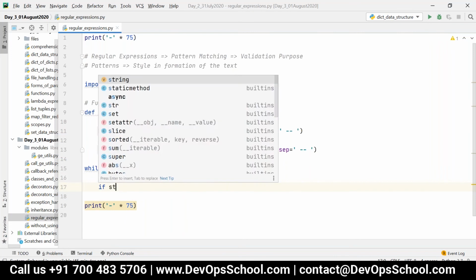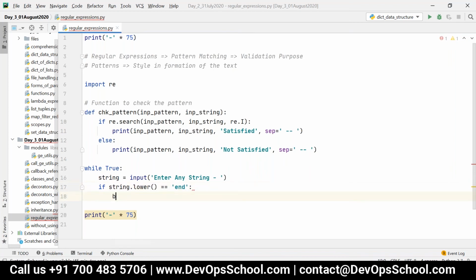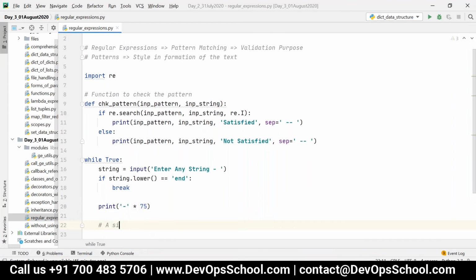If the user enters input as "end" in any case, I'm converting it to lowercase and then coming out of the loop. Then first I'm going to do a very simple match, that is, without using the pattern.